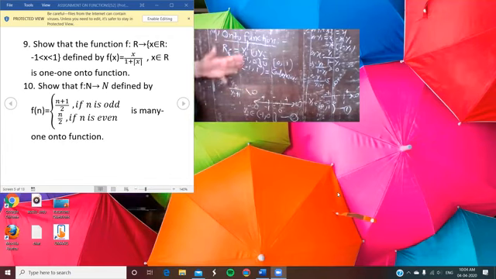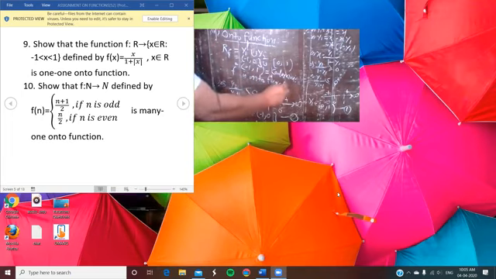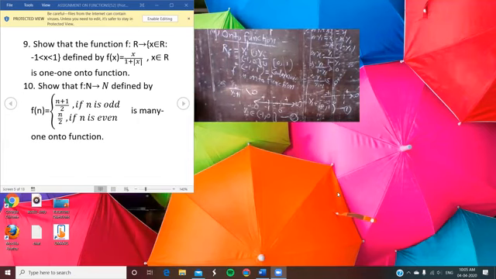It proves that all the elements in the codomain are the images of some element of the domain. So you can say that f is an onto function. So write it: f is an onto function. In this way, you prove here that f is onto. Now come to the second point.